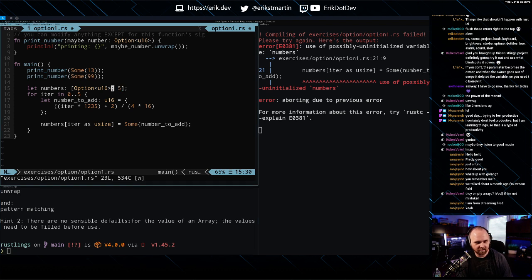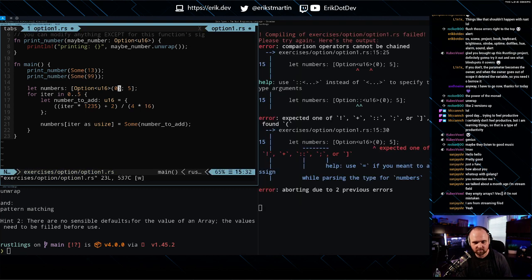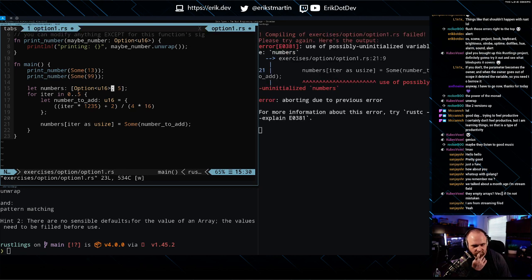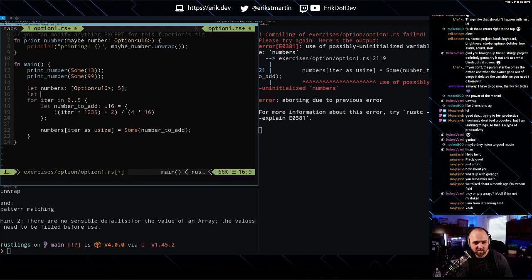I'm just trying to think of what the right syntax of this is. We know we have 5 of them. But how do I just... Can I do... No. What am I missing here? There has to be a shortcut to this, right? Because I know I could do let numbers equal, you know, 0 and 5, right? So how am I doing this one?